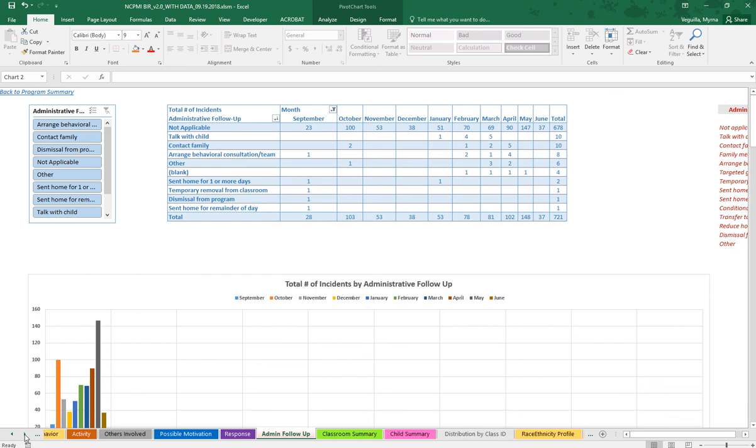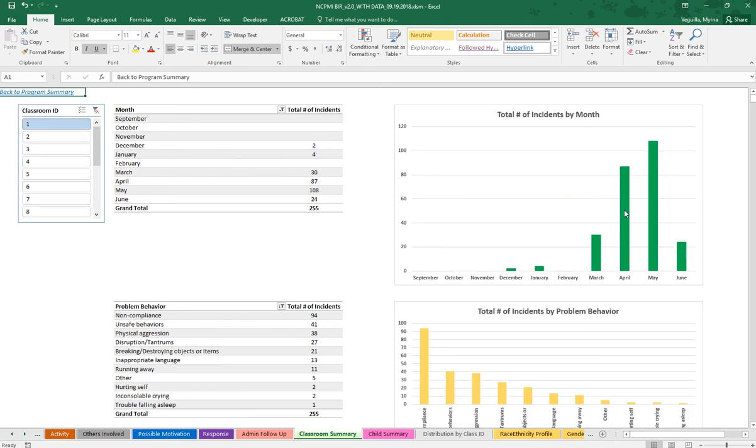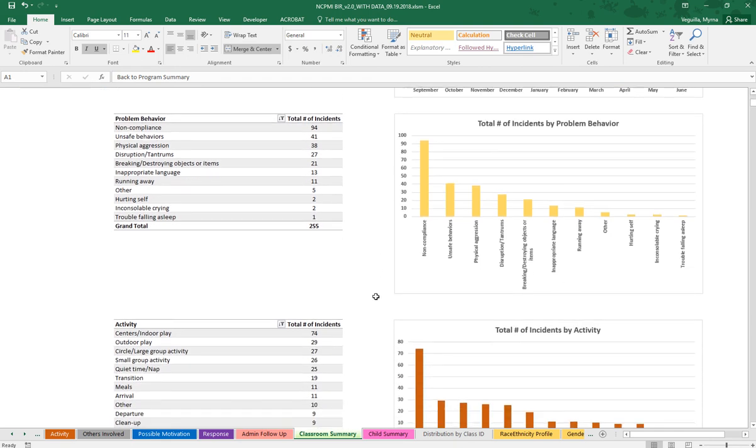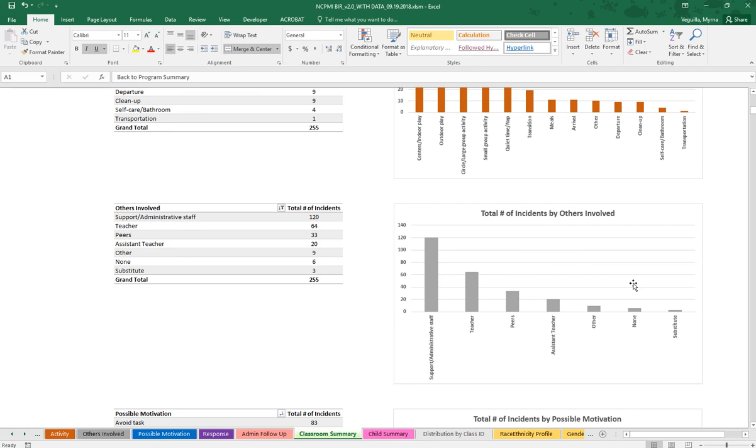Now with the administrative follow-up done, we also have classroom summaries. If you want to look at data by classroom ID, then this tab gives you all of your data by classroom ID. If I only want to look at classroom number 1, I can click on classroom 1 and it'll give me their total number of incidents by month in a table and in a chart, the problem behaviors in that classroom,